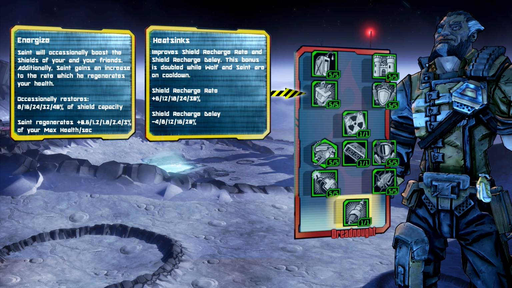Heat sinks improves shield recharge rate and shield recharge delay. This bonus is doubled while Wolf and Saint are on cooldown. Shield recharge rate from 6 to 30%, shield recharge delay from 4 to 20%. Now this is pretty good,